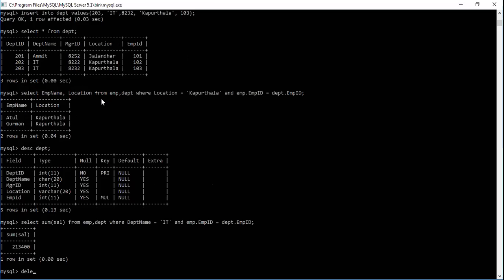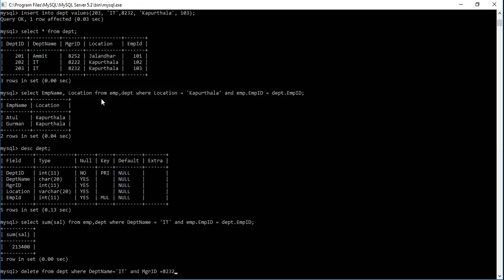Delete from DEPT where, let's say, DEPT name is equal to IT and MGR ID equal to